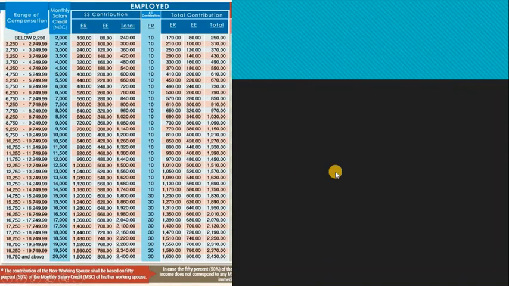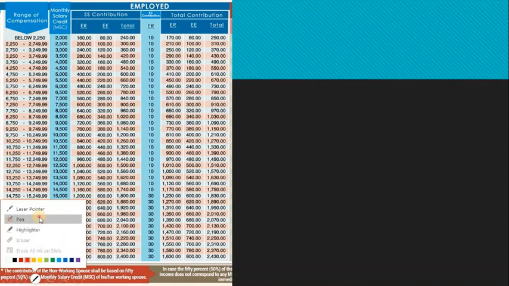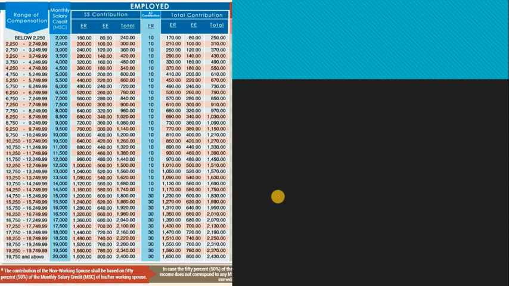Okay, let's begin with SSS. For SSS, we have this so-called table from SSS. This table is the new version of salary deduction. As you can observe, there are lots of digits, right? So let's try to discuss it one by one. From here, this is what you call